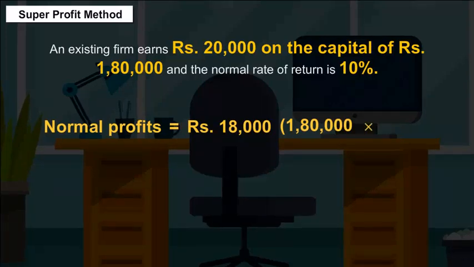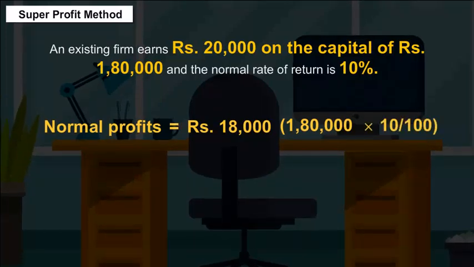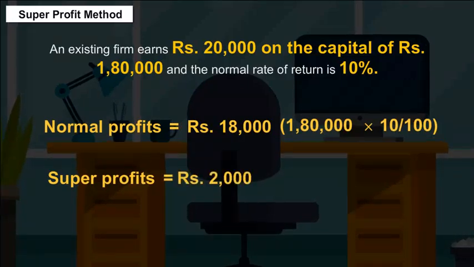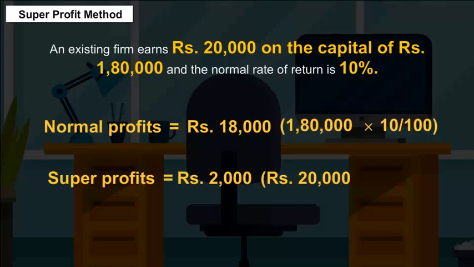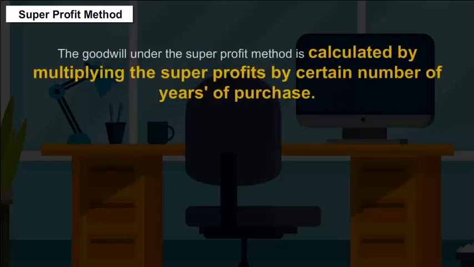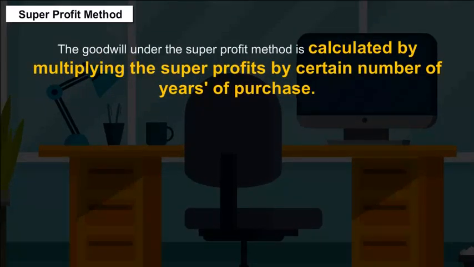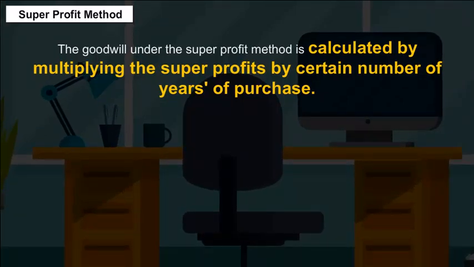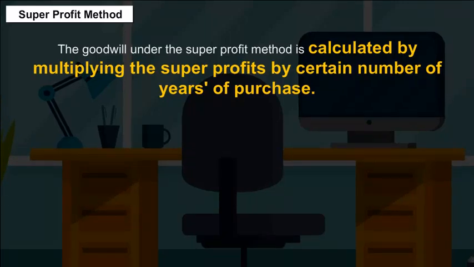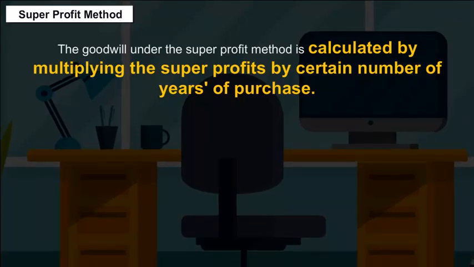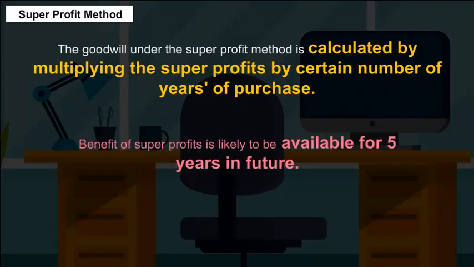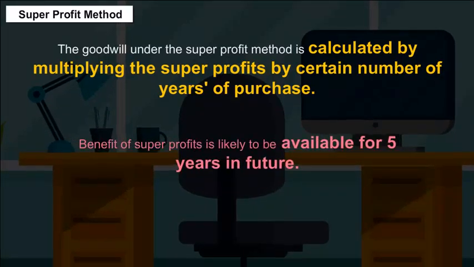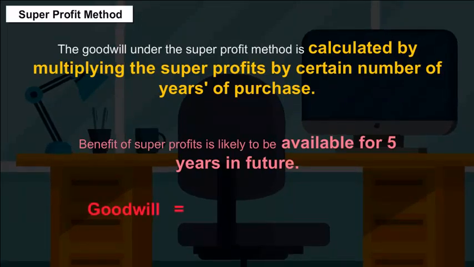1,80,000 multiplied by 10 upon 100. The super profits will be rupees 2,000, that is, rupees 20,000 minus 18,000. The goodwill under the super profit method is calculated by multiplying the super profits by a certain number of years of purchase. If, in the above example, it is expected that the benefit of super profits is likely to be available for 5 years in future, the goodwill will be valued at